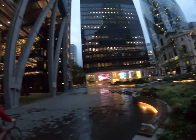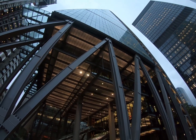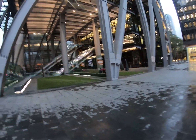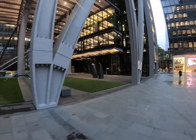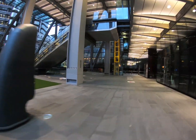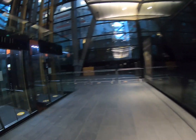But on the left we have this new public square beneath the cheese grater. As you can see, there's some astroturf. I'm cycling on the astroturf. There's nothing really going on. I mean, okay, there's a COVID pandemic going on, but I've come here many times before the pandemic and there was nothing really going on back then either. Not to say that it isn't amazingly impressive. It feels like there's at least 5 stories above me. It feels really dramatic. It is impressive, but it's not necessarily the kind of super exciting public space